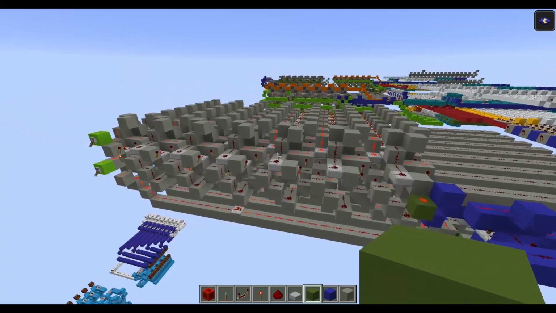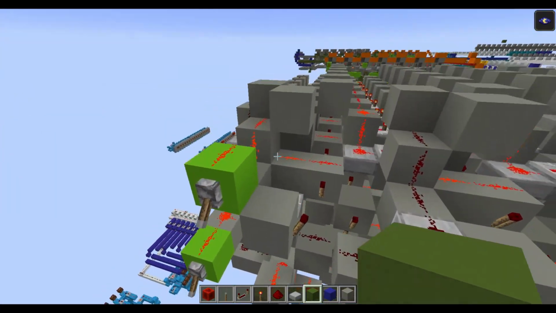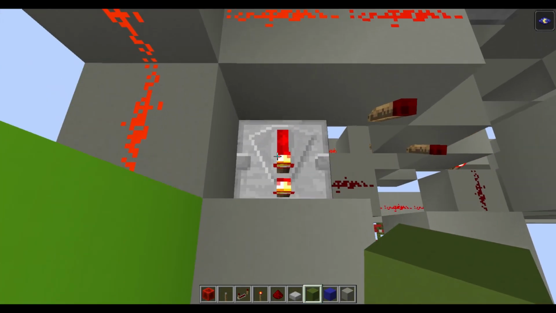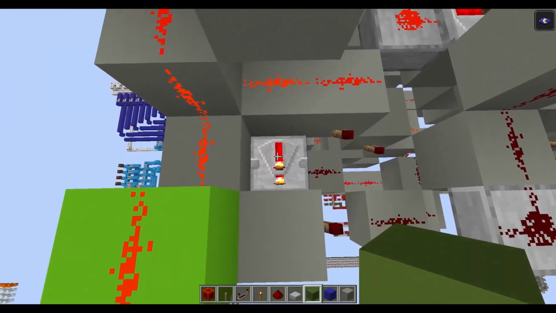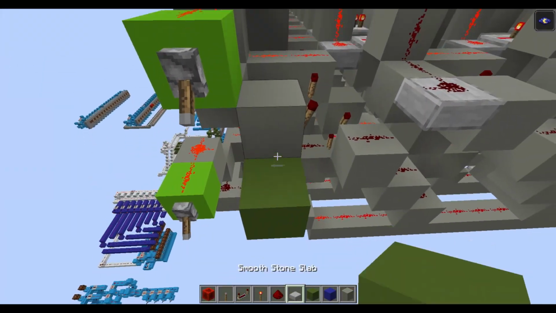Now let's wire the count command. So here, if you remember, this repeater says when it is off that a value is in this byte.